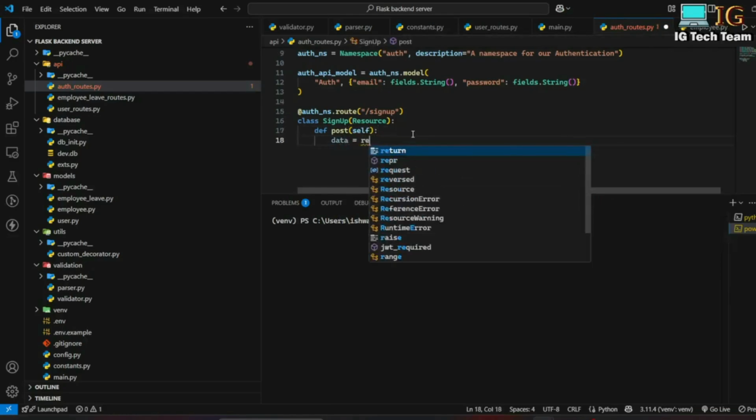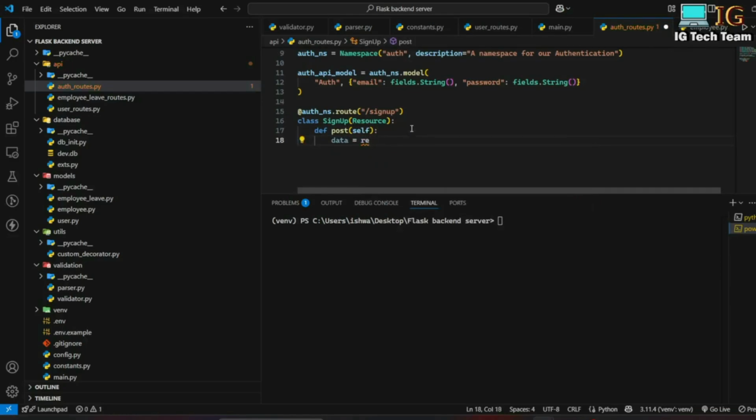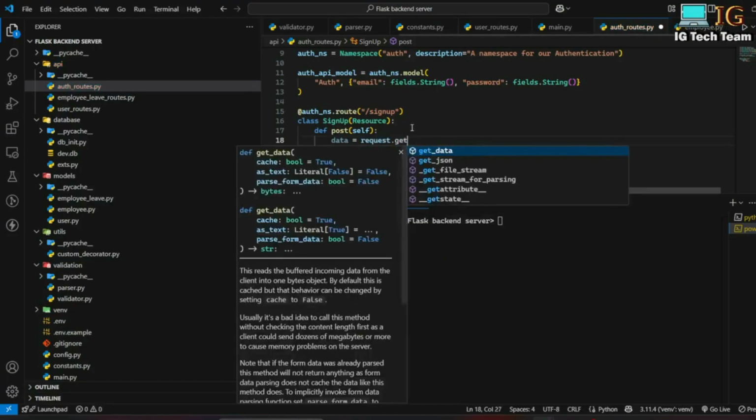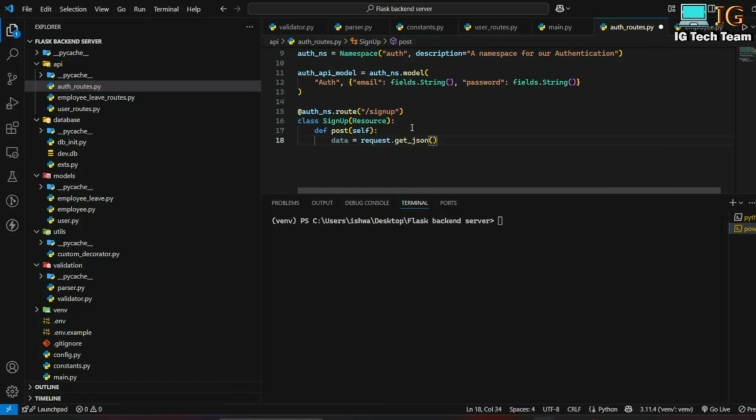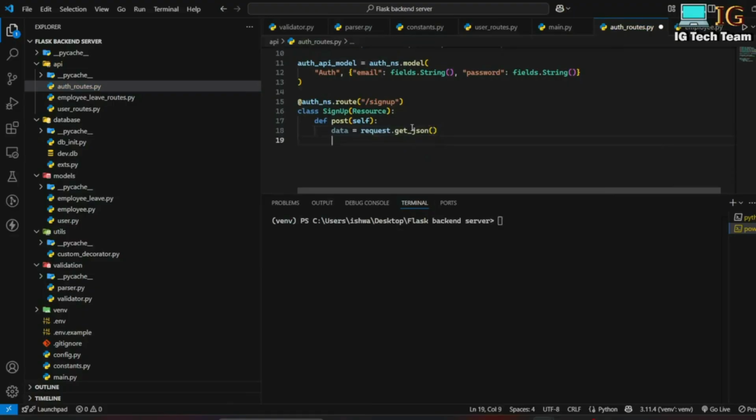I will get request from the payload, request.get_json, I will get email and password from the user. So I can get data.get email,